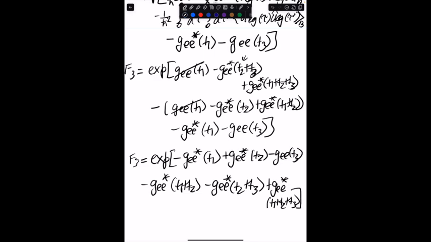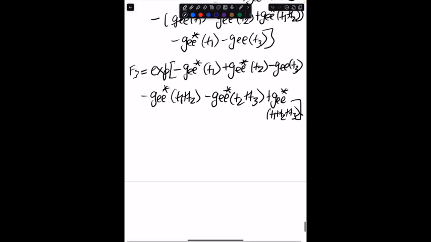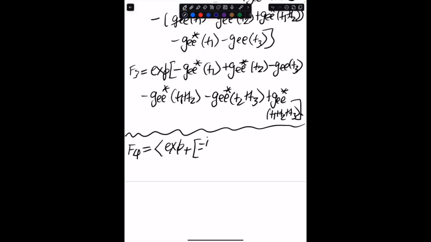So this holds good. And lastly, we derive F4, which is the positive time ordered exponential minus i upon h bar